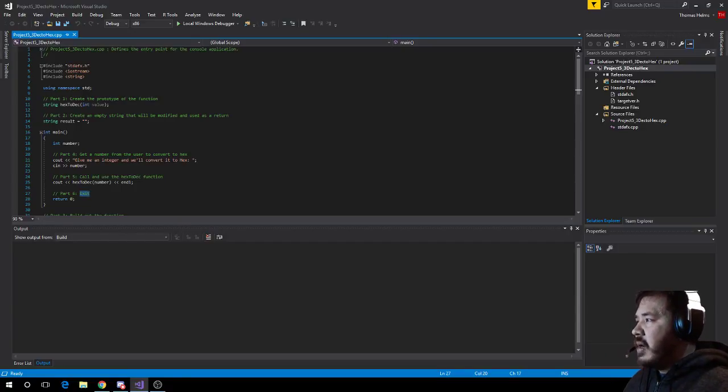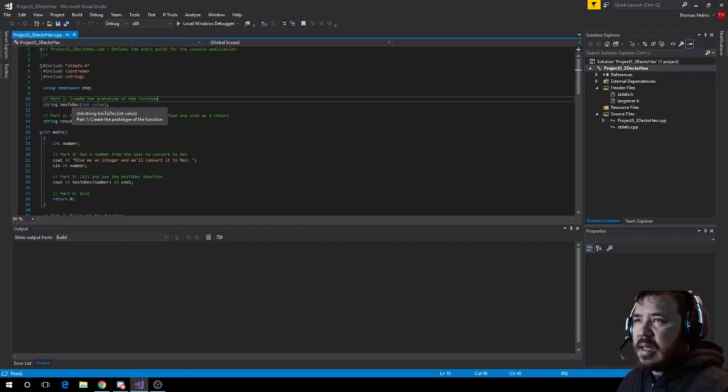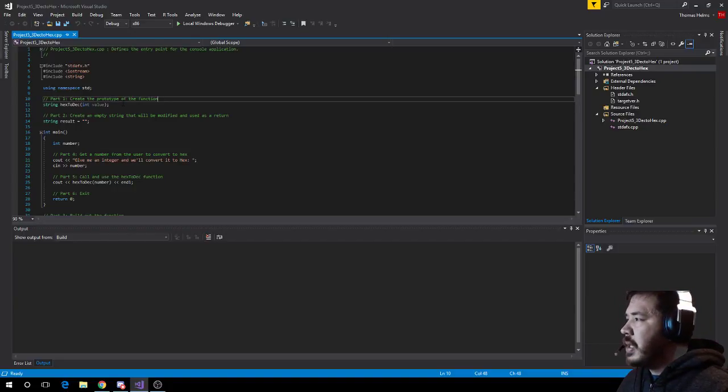The method header is string decimalToHex. I mistyped this. I said hex to dec. I need to clean that, but I'm running out of time here. So if I ever come back and refactor this, I'll fix it. But in the meantime, anyway,